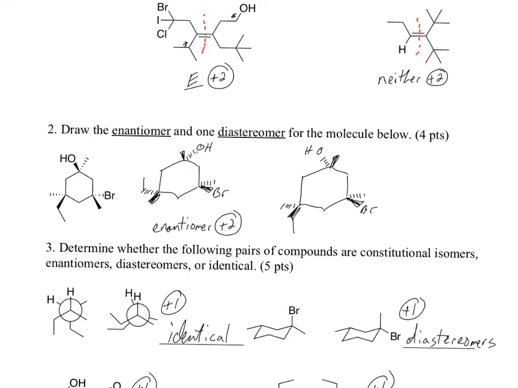Diastereomer, here's just one example. At least one is the same and one is different. So this is the different one, and this is different. This is the same. So this is one possible diastereomer. There's lots of possible ones. Moving down,